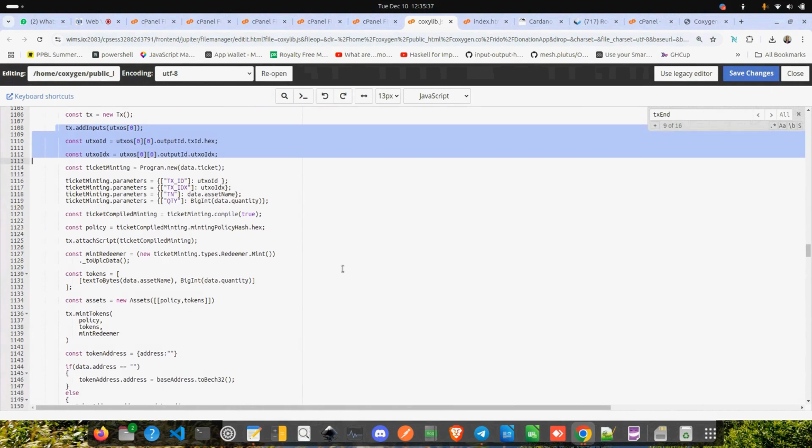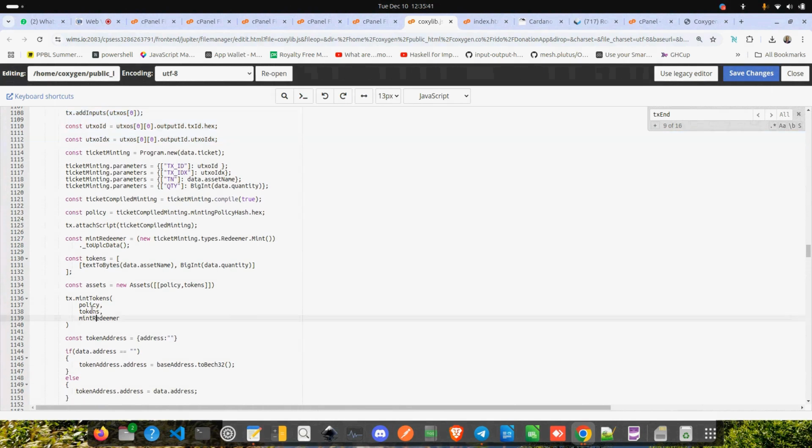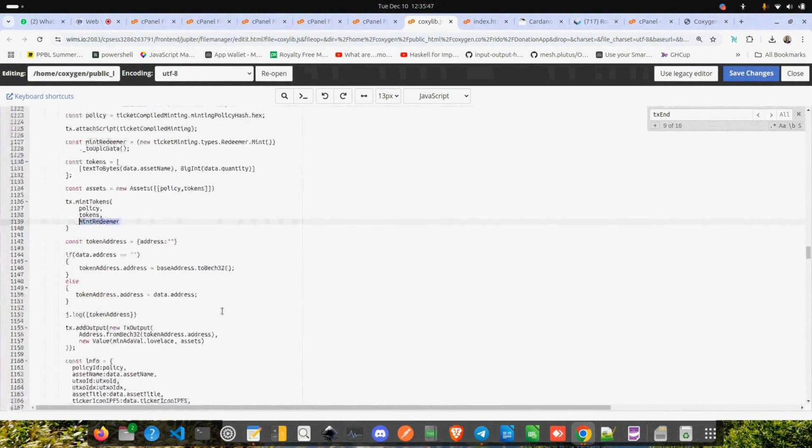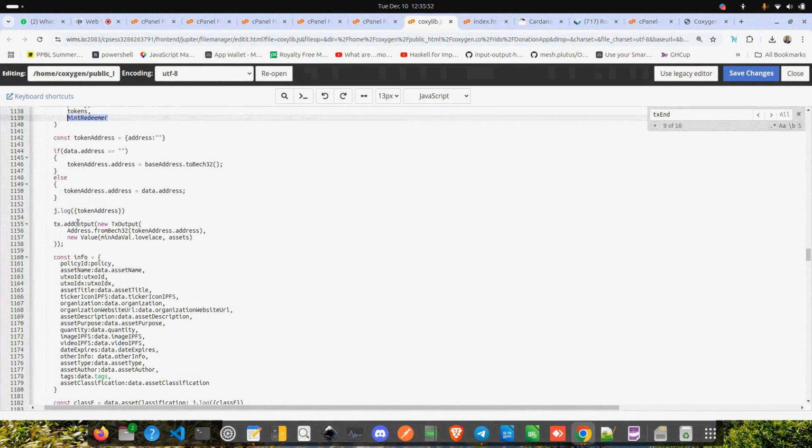And then down here we have got also mint tokens. We've got the tokens, the policy, and the scripts. And then from there, the second part, we've got only one output